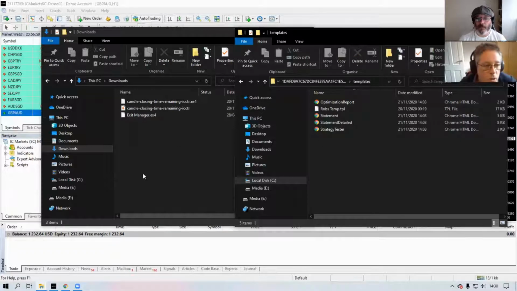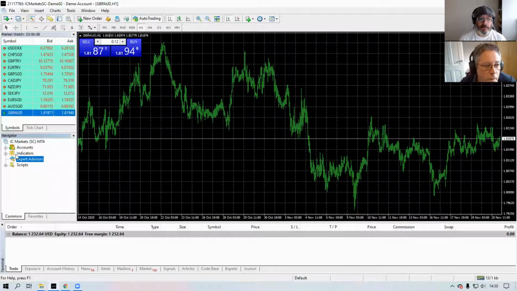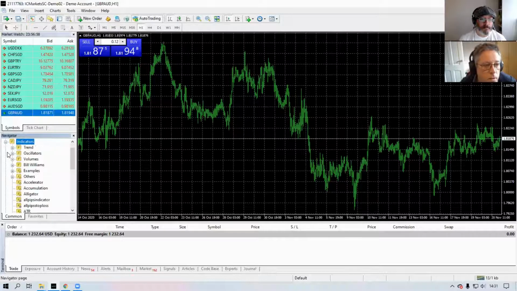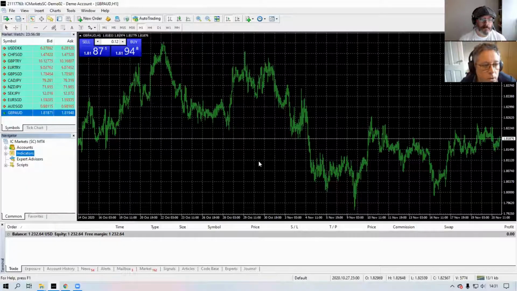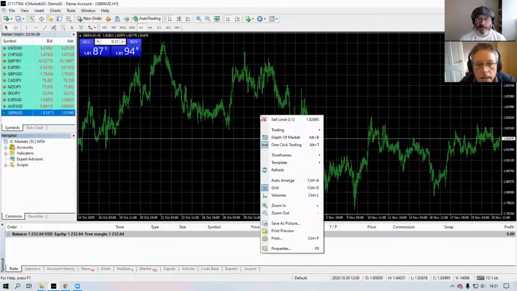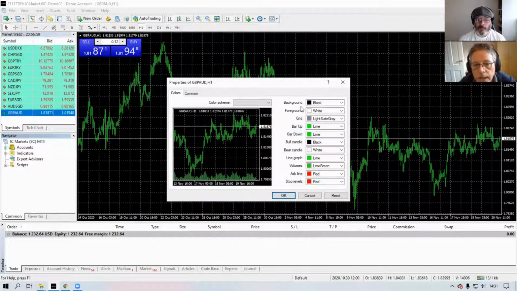Okay, so we go back into MT4, and there's nothing in there at the moment. To get your templates, you might be presented when you first open MT4 with a screen like this, and you want to change all the colors and everything. You can change to any color you like. Just right click, go to properties, and here are all the settings. You can add indicators, do what you want. But when you've got your template set,